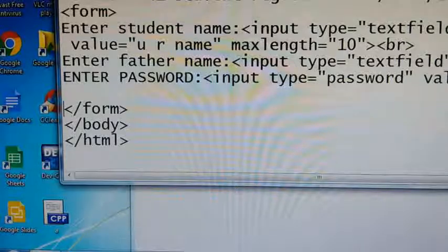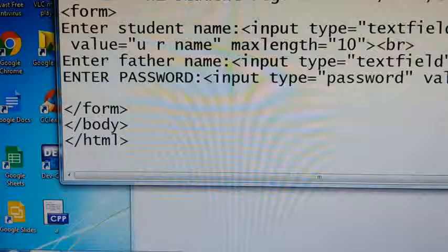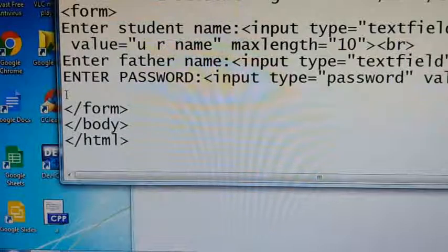Radio buttons means, see, in most of the forms, when you are filling in any information, you will get some field like enter gender information, like male or female. In that case, the user must give only a single value. If the user is trying to give multiple values, it won't accept. Such exactly one value you want to collect from a user. In that case, you can use the radio buttons. Okay. So here, as an example, I am giving a gender.